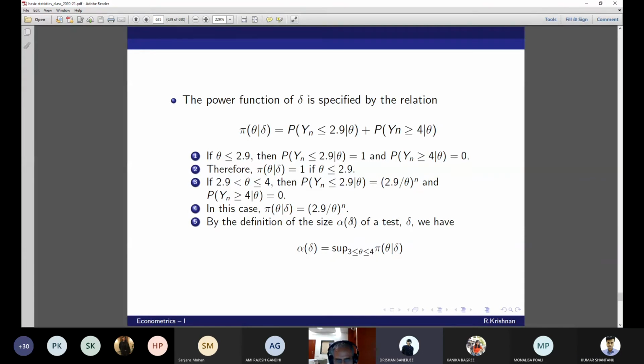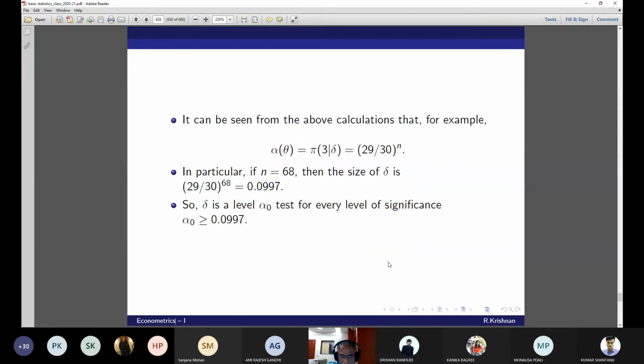So 2.9 by theta, I'm taking it theta. 2.9 by theta becomes 29 by theta. You consider the second one. Suppose I increase it, instead of theta equal to 3, to 3.01, I calculated it. It is slightly less than 0.0997. It becomes 0.00996. So you keep on increasing, going up to 4, and plot this curve. As somebody said, what will be the curve? The curve will be a decreasing one. Am I right? Yes, sir. Rather, can we say it is a non-increasing one?